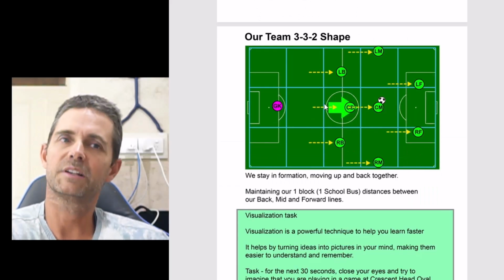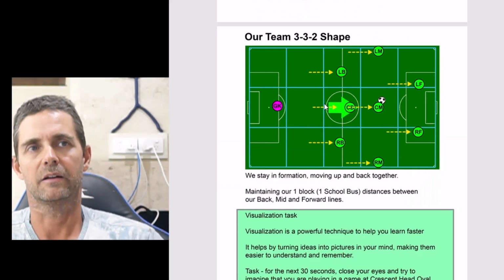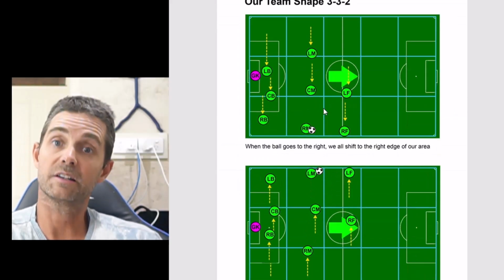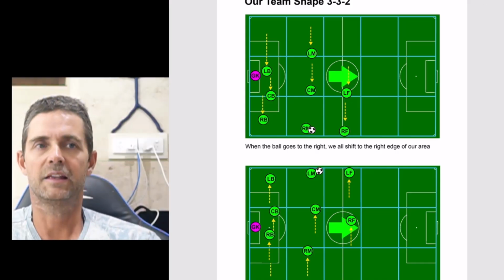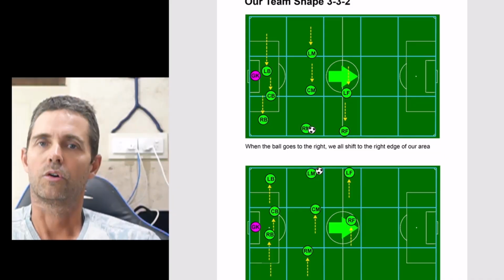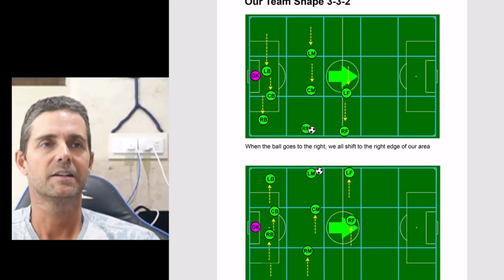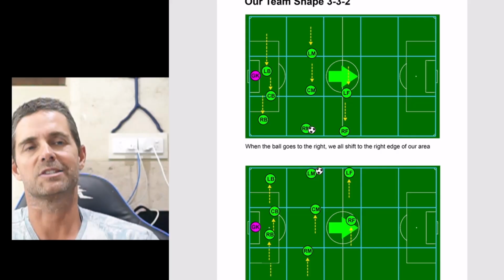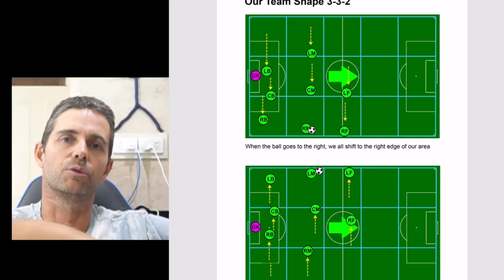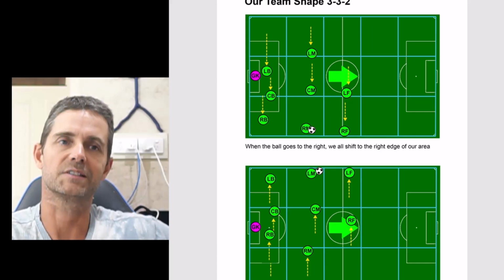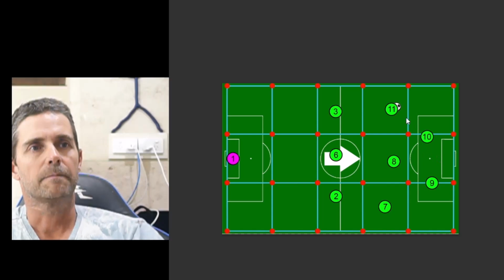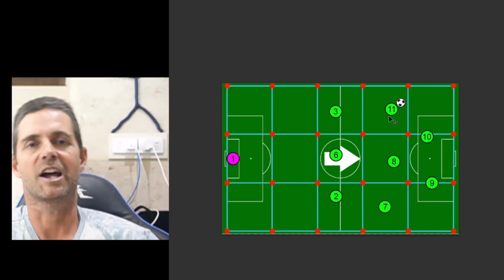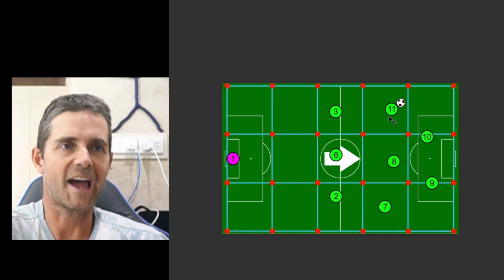Okay, and we move up together and back together. And we also move to the right together and to the left together. And in fact, that is our first key point to playing that centre back position. Now, when I say centre back, I'm sort of referring to all three backs, the right, the left, and the centre back. Okay, those central back positions. Now,